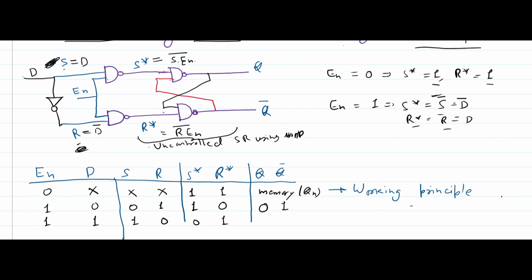Similarly here if you see S star is 0, for this case S star is 0. So if S star is 0, from here Q will be what? Q will be 1, right? So Q bar is 0. Fine. Now this working is done. Now let me see how to draw the table.